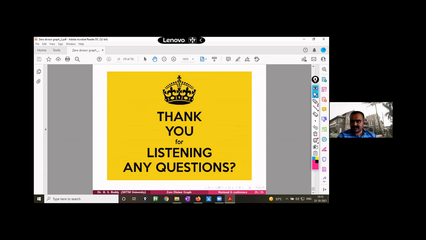For Zn, it is computed for all n. Asir has shown the Wiener index of gamma Zn, the zero divisor graph. For the compressed zero divisor graph, it is still open, because today itself I talked to Asir about whether he has worked on it, since he did it for Zn. He said no, he didn't think on it. Maybe Pirzada may be doing it, but it is not yet published, or I have not seen anything on arXiv so far.